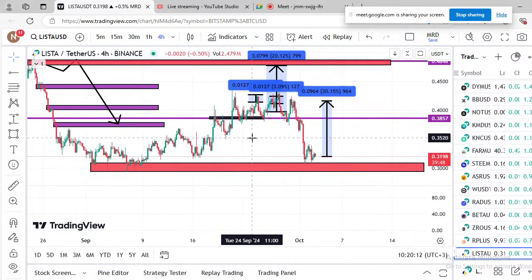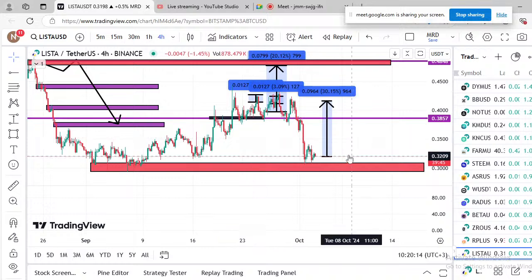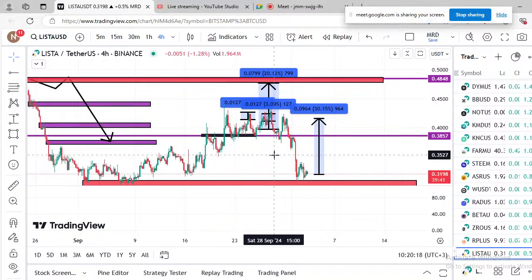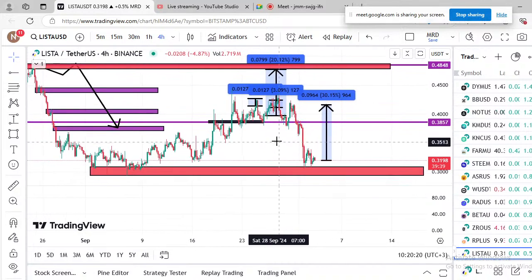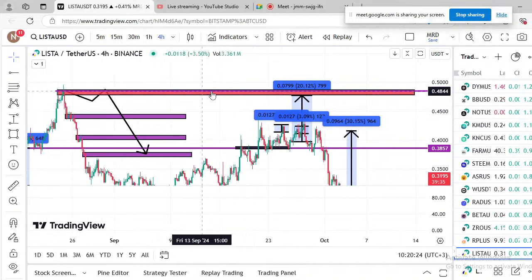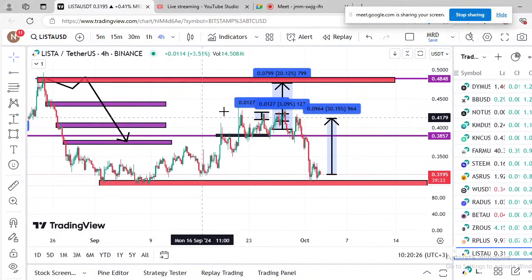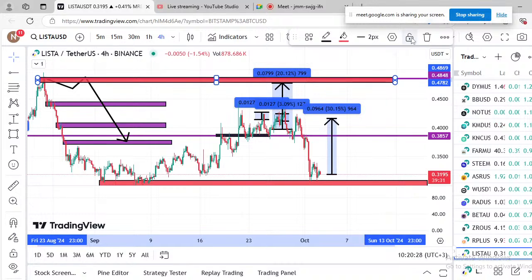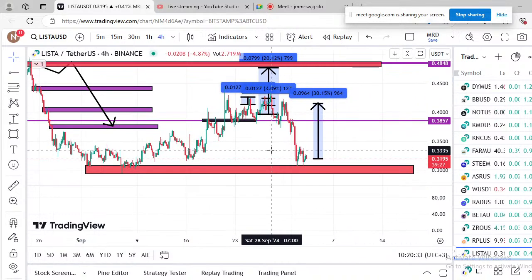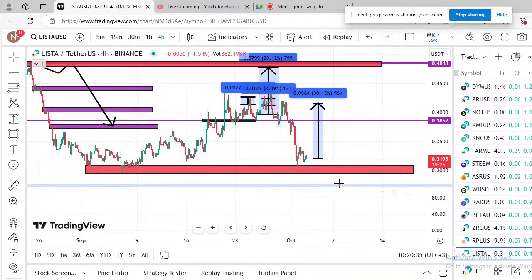Yeah, according to 4 hours, this is the strongest support of this coin. Therefore, since it was in uptrend, we expect this coin to move and grab this supply level. So if you had missed it, please take a step and enjoy this 30%